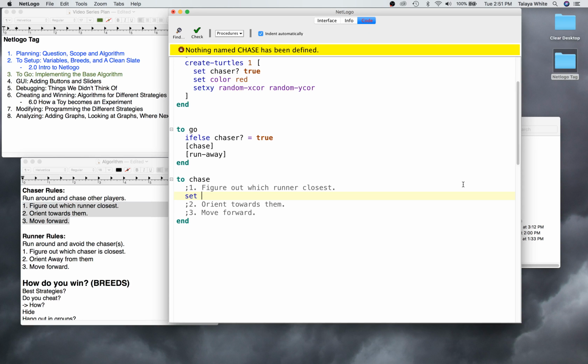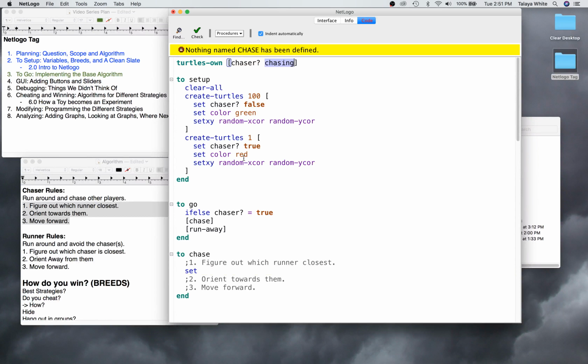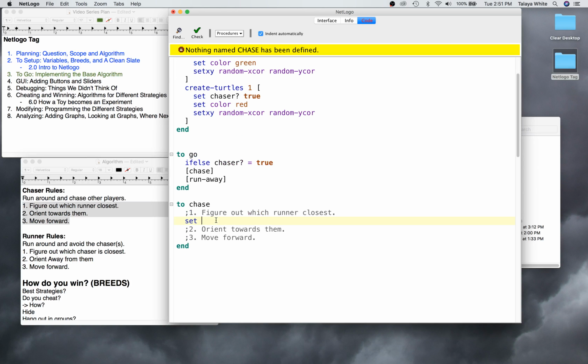We're going to use our variable that we set up last time, the one called chasing. Set chasing. And we're going to set it to, just to keep it straight, I don't think we need the parentheses, but I like to have them. So set chasing will be min-one-of